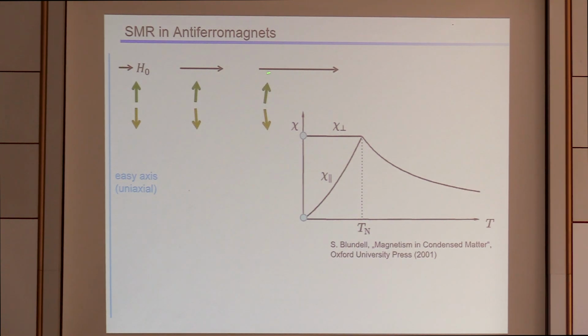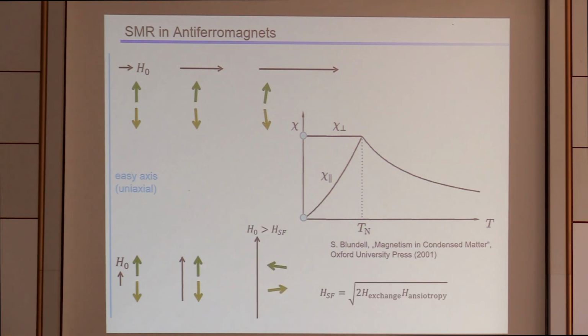If you crank up the magnetic field perpendicular to this easy axis, then the spins twist a little bit because they actually gain some Zeeman energy and in exchange lose some exchange energy. Whereas if you do the same game for field along this uniaxial axis, then for quite some fields, the antiferromagnet does not do anything, essentially because the Zeeman energy gain of one spin is exactly balanced by the Zeeman energy loss of the other, unless you reach this spin flop field in which the entire sublattice rotates. So the spins rotate by essentially 90 degrees and then slightly cant towards the field, such that they, again, can